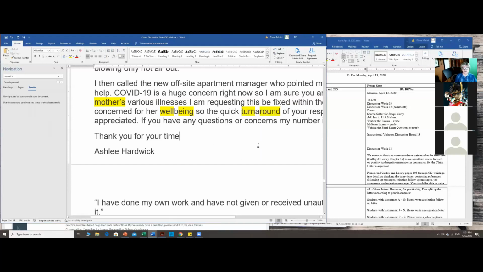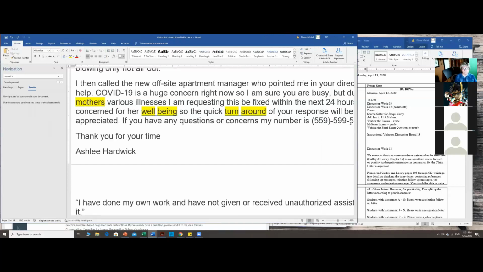So just make sure that you do that when you are writing something, and I'm not going to do that because I want to be able to point that out in the essay. So that was what I had